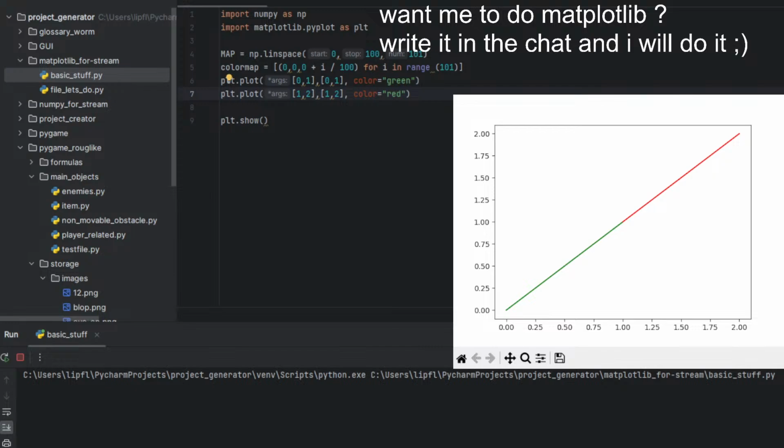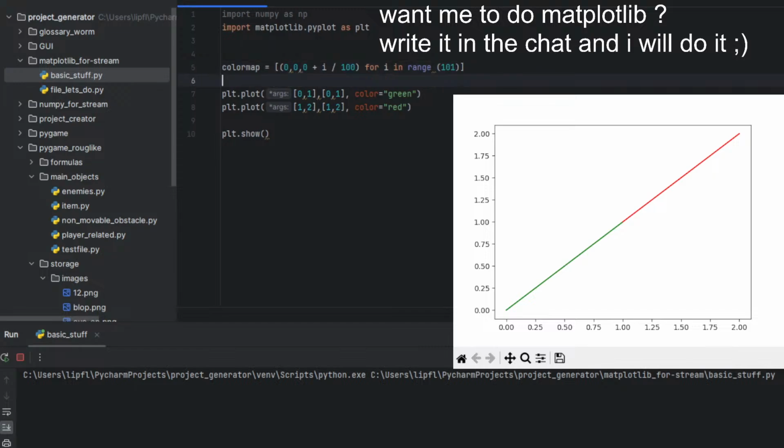Hello to the one who joined. Feel free to vote or write any suggestions in the chat. But from that, let me do it like this. Color map. For i in range 100, i plus 1, i plus 1, green.